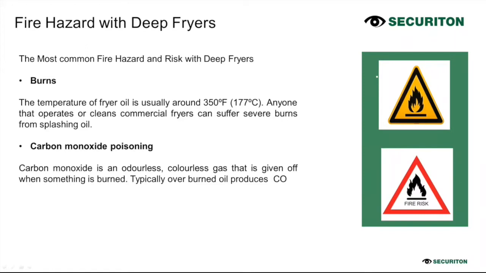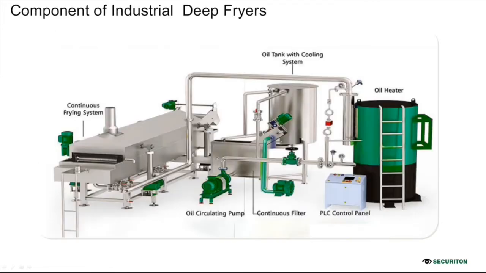So it will quickly fill up the entire area, and that can cause us issues. So what are the symptoms if we have carbon monoxide poisoning? You will have headaches, weakness, and dizziness. Eventually, you can also have suffocation. That can happen also. So this builds up to issues with humans in operation when it's concerned with deep fryers application. So with that in mind, let's look into what are the components involved in the industrial